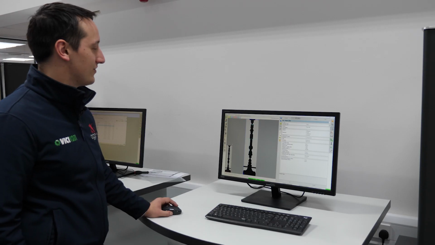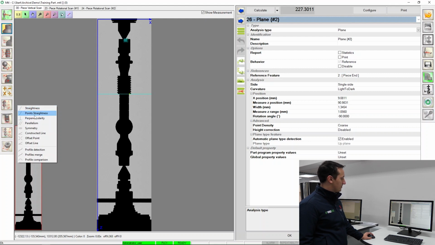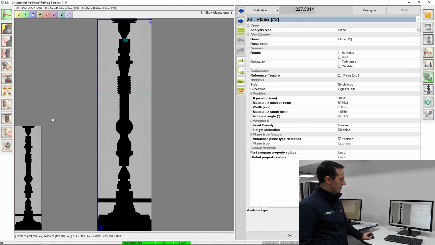Within the software there is a full suite of GD&T tools, both 2D with items such as straightness, perpendicularity, parallelism and symmetry, as well as profile measurement, and 3D such as roundness, concentricity, runout, total runout and cylindricity. All of this is extremely easy to program and can take minutes off your CMM programs which may be running